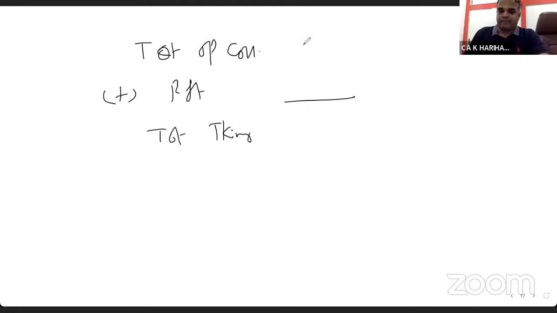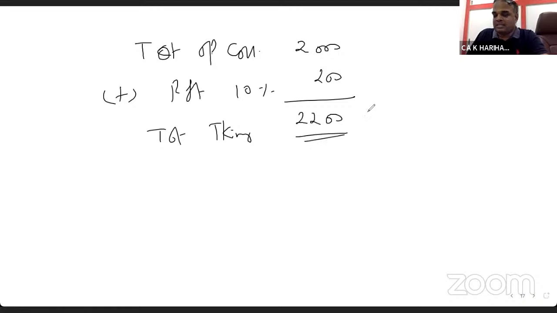For easy understanding, 2,000 is the total operating cost. 10% profit means 200. 10% on operating cost as profit. After adding 10%, our revenue comes to 2,200. That's the takings. It's very simple. But sometimes, with 2,000 operating cost,